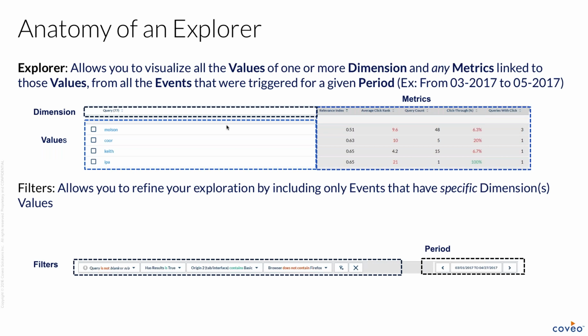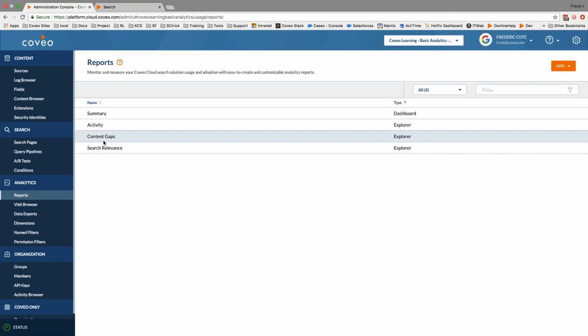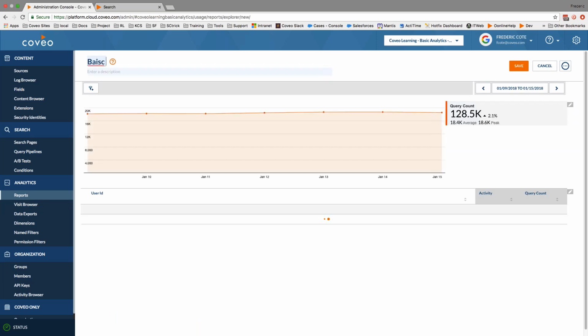So we already show you events, so I will jump straight into the demo instead. All right, so I'm going to build an explorer. I'm going to recreate this explorer that we used together, the content gap explorer, just to show you how easy it is to create explorers. So first of all, you come here and add, and we'll select a blank explorer. I'm going to select basic